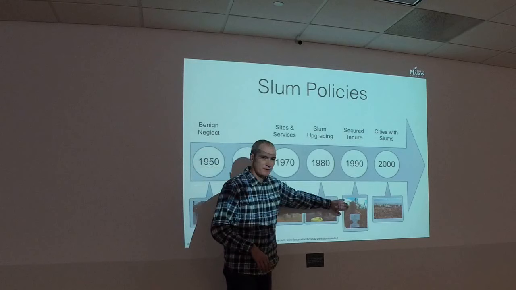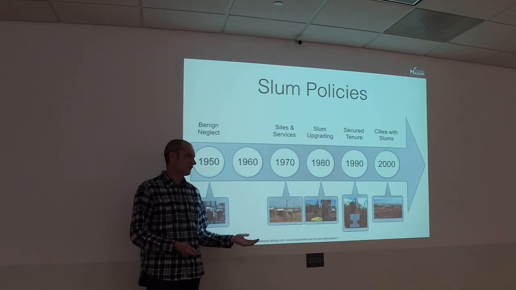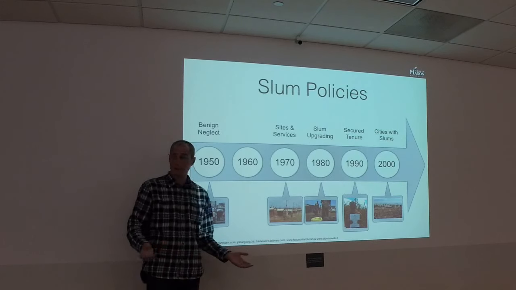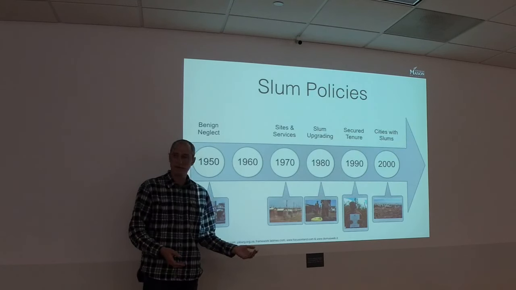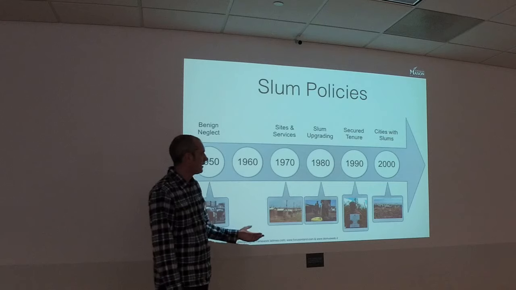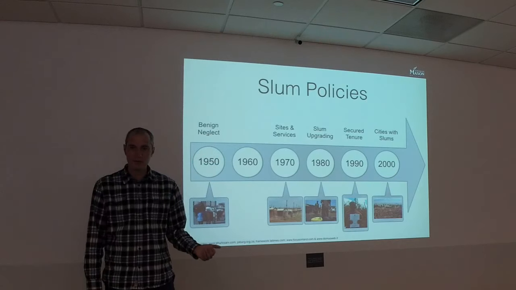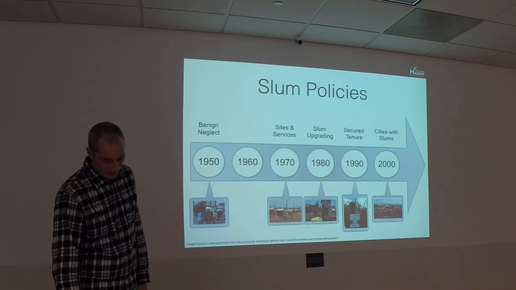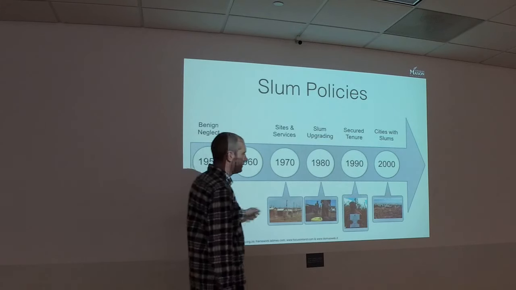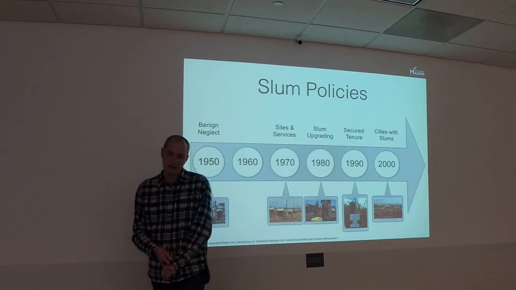What about giving ownership to people who live in slums, to make them more responsive? If you give ownership, you have a property record and you pay property taxes. What happened there is people then had property rights, so they sold their houses or their shacks and moved elsewhere. Now we know that there are slums in cities. How do we deal with these things, and how do we change them? There are policies, but the ideas behind them are done off the cuff, without any real empirical evidence to support them.